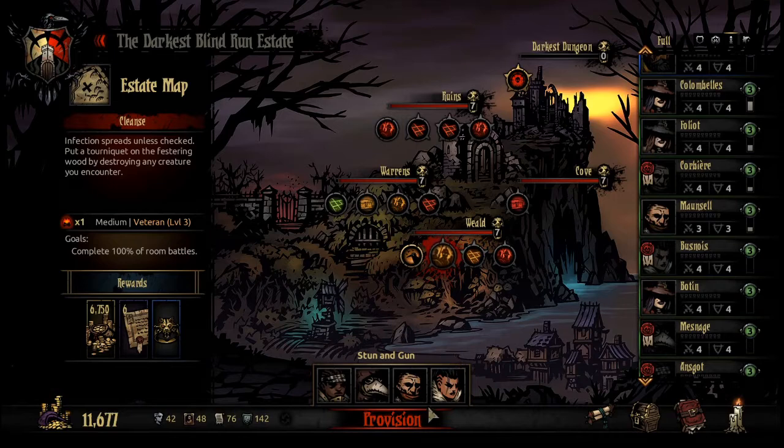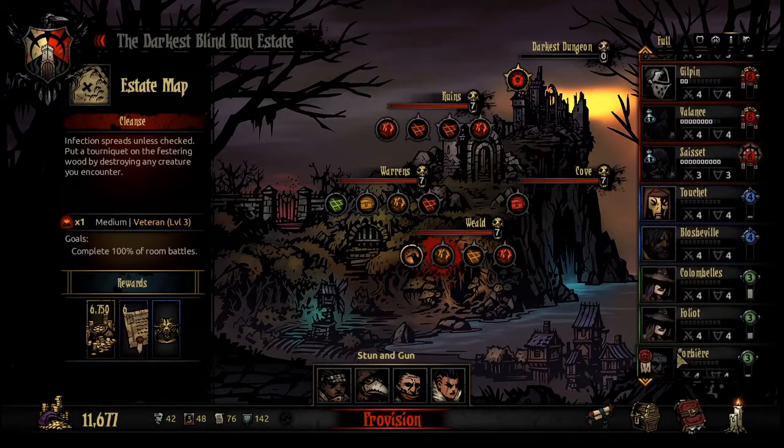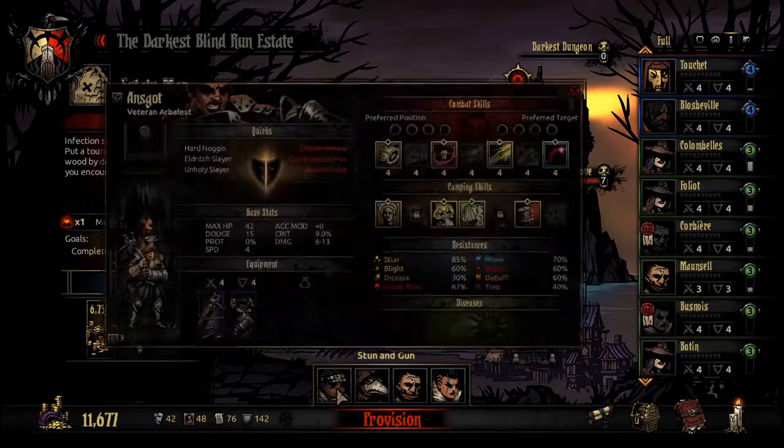Stun and gun. Yep. Mainly because I don't have a good main healer who's low enough level to go on this mission, and this gives me a decent amount of secondary healing abilities. So...